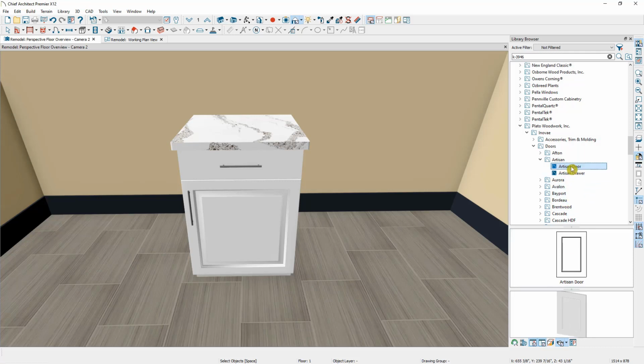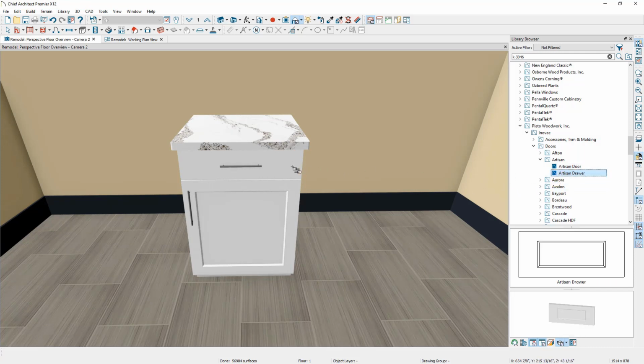And then with that door selected, watch what happens to my mouse cursor as I bring it into the plan, and more specifically over the cabinet in the plan. You'll notice there that the icon changes, and when I click on that cabinet, I'll be swapping out the door style with the newly selected door. And then same thing with our drawer, we're just going to select it, come in and swap out that drawer